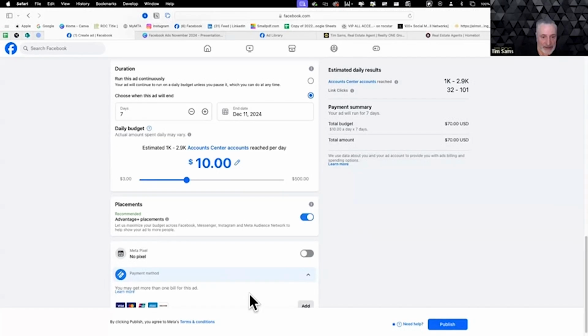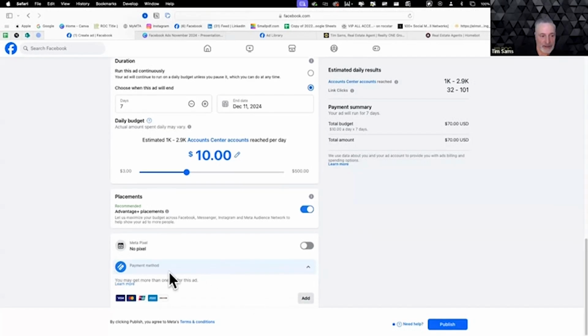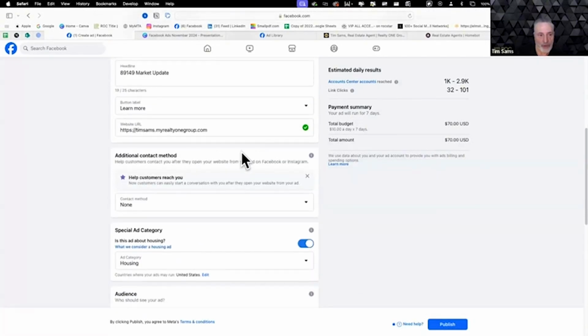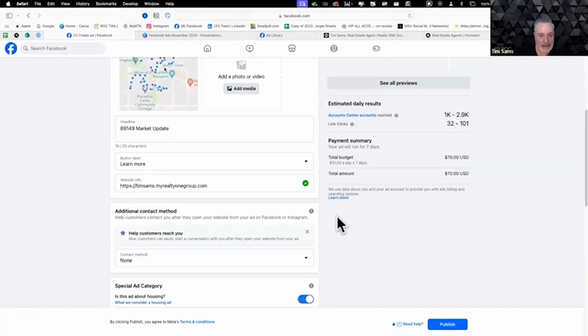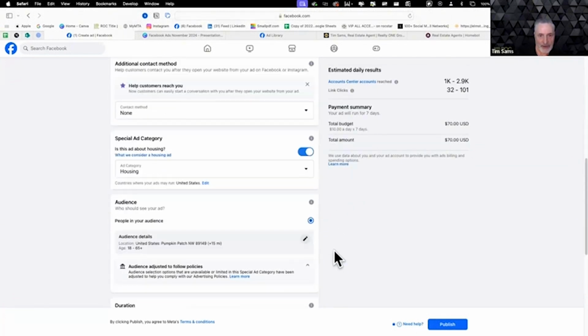And then kind of rounding this part of the presentation out, you have to have a payment method in. I haven't added mine, so I typically don't generate ads, but you would add your credit card there. And if you're all fine and good with all the details, the audience size, the budget, how long it's going to run,